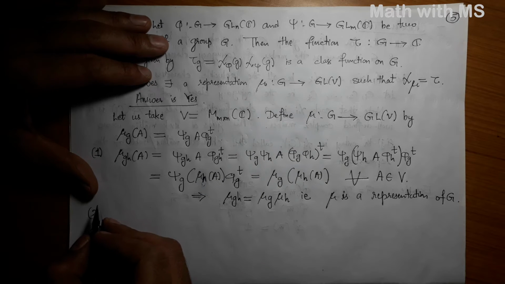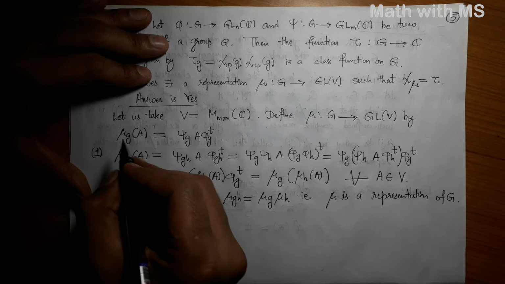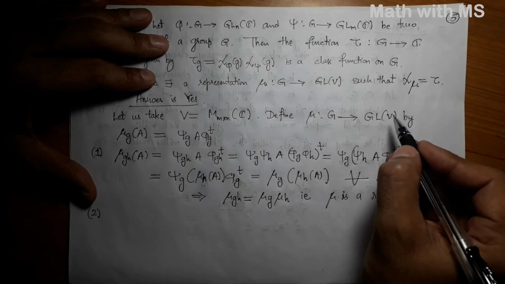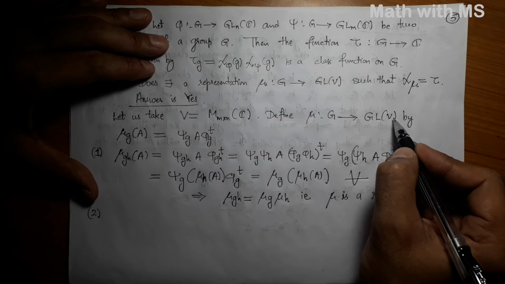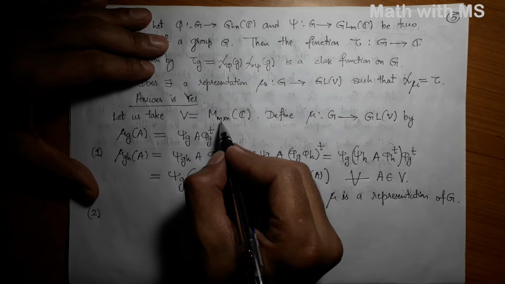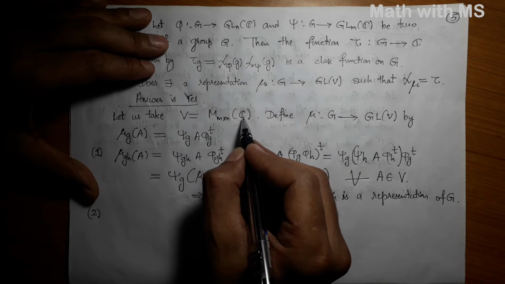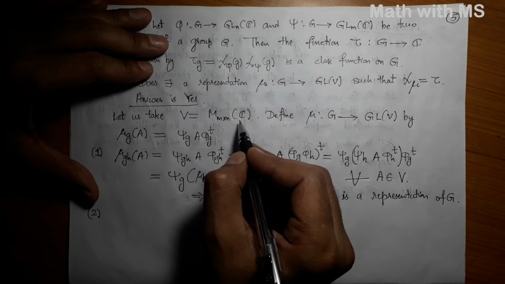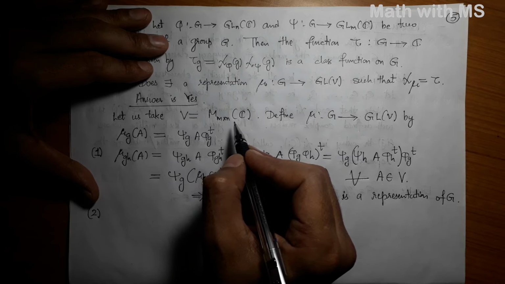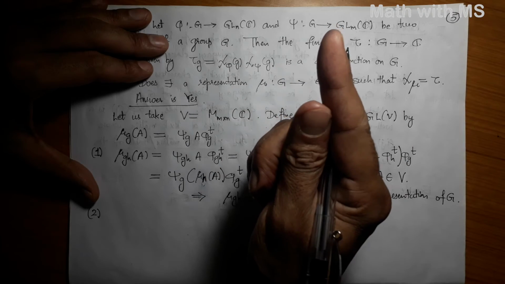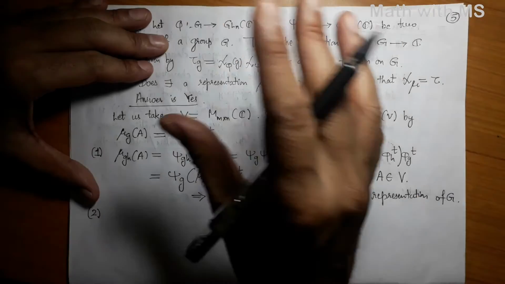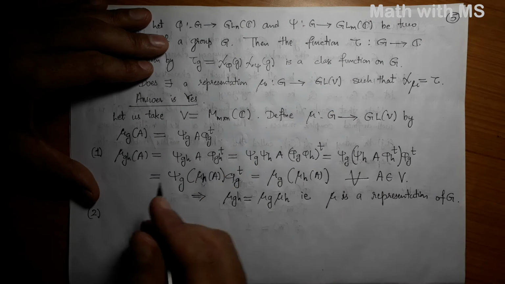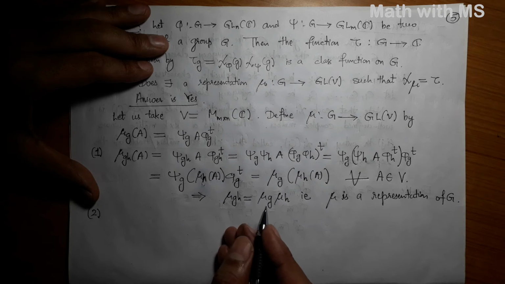All right, so let us make an observation on how this representation mu acts on the basis elements of the vector space V. So V here is the space of all m by n matrices over complex numbers, and a canonical basis for this can be taken as all those m by n matrices which have 1 at the ijth entry and 0 everywhere else. So there will be precisely m times n such matrices, which is the dimension of this vector space also.